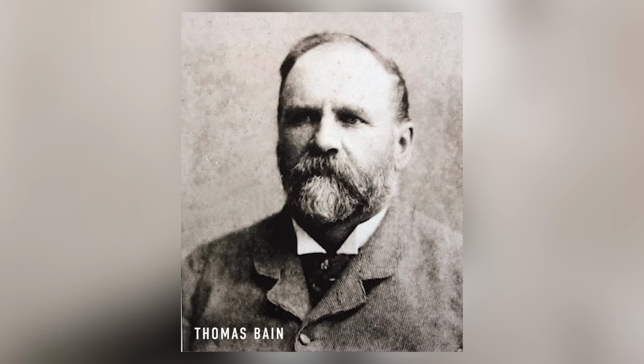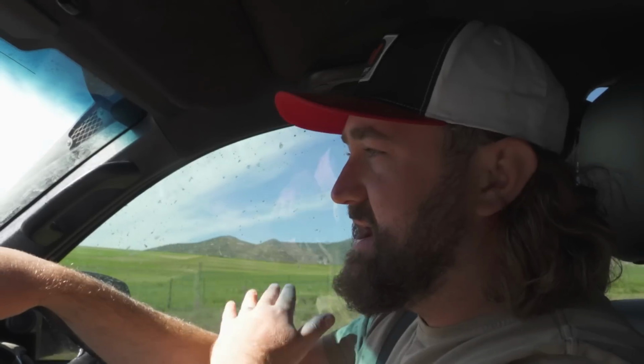Prince Alfred Pass is one of the classic passes by Thomas Bain. It connects Knysna to the Langkloof, and it's a beautiful road. We've done it quite a few times in the past. We're not going to be doing the entire pass. We're essentially coming down to Vlugt, and then we'll do a section of the Prince Alfred Pass, and then we'll turn off the Prince Alfred Pass once again and make a beeline for